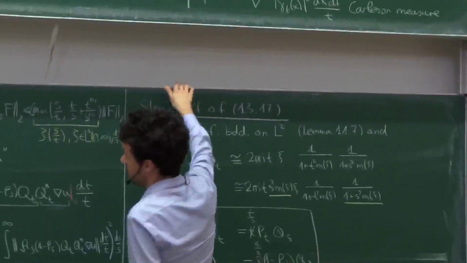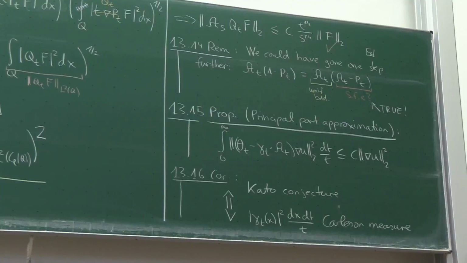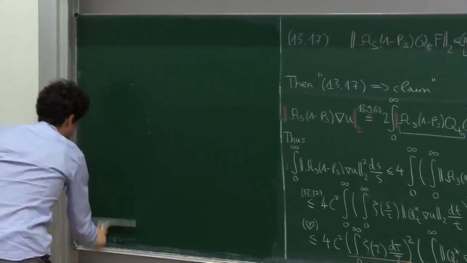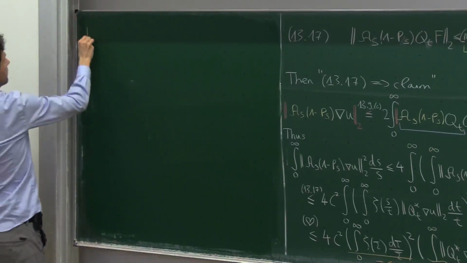Keep in mind that now gamma_t is a C^n valued function, so the absolute value, as always, is a C^n norm. It's not difficult, it just follows from what we have, but I want to write it down explicitly so that you get a second chance of grasping the idea. And also it's a good summary of what we've achieved so far as the Kato conjecture is concerned. So let's see. Why is this? Well,